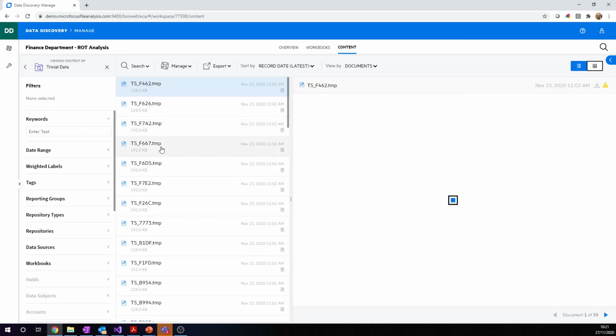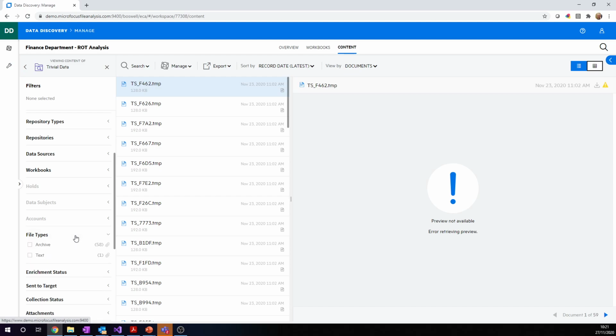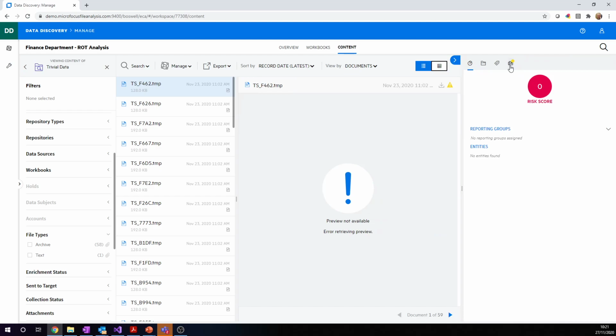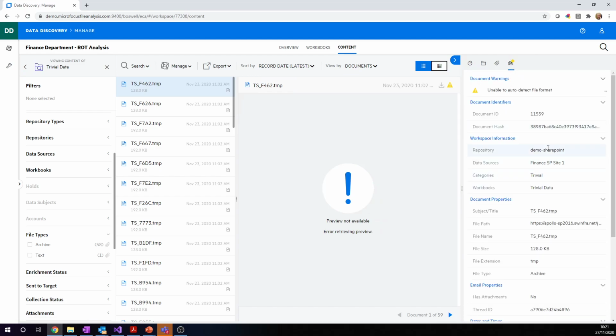Oh yeah, so these all look like temp files. I can see a breakdown of all the file types here, and most of them are archive types. Okay, so I can just review each of the types. If I want to look at the metadata or any information about the location of these things,